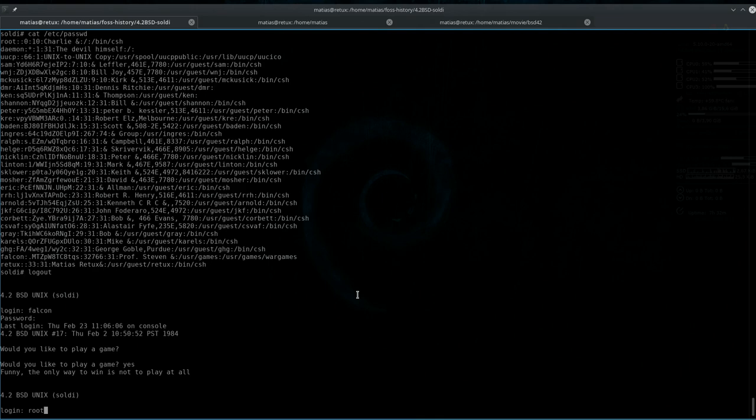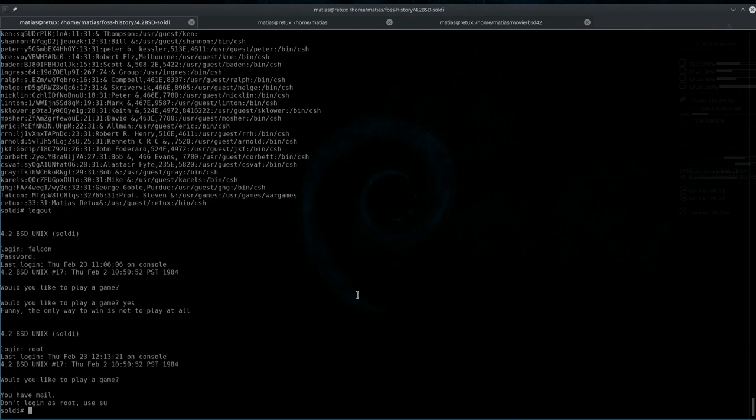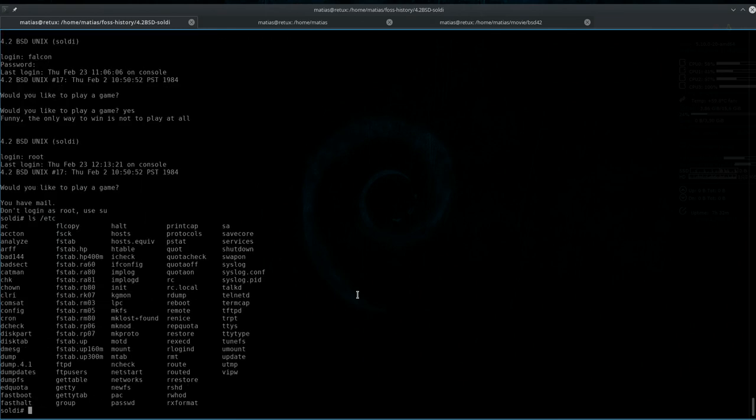But let's go back to 4.2 BSD. One thing you'll find is that the file system hierarchy is kind of different from modern Linux or Unix derivatives, but it's interesting for people who are interested in BSD.